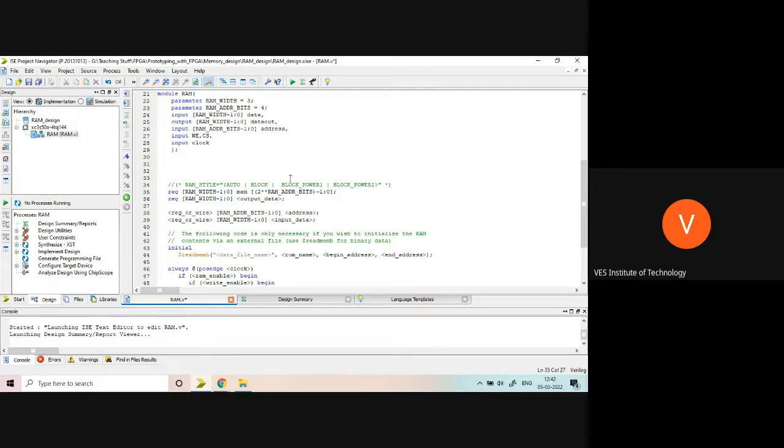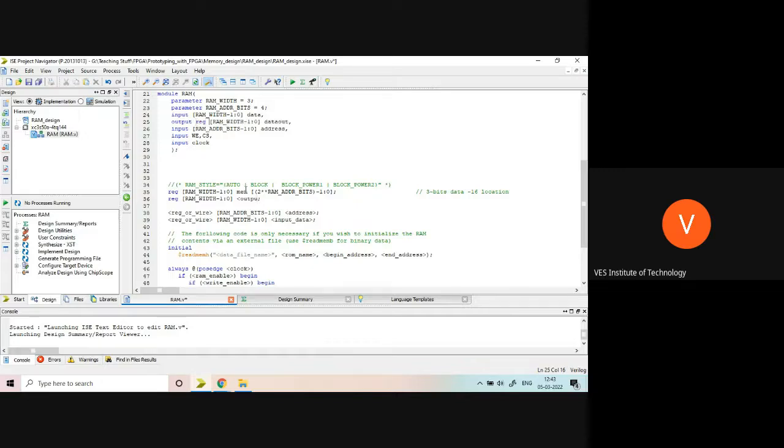So we are having 4 address bits, so there will be 16 locations. Sorry, not 4-bit data, 3-bit data with 16 locations, because 2 to the power 4 is 16 locations. Okay. Then RAM width output data, I can write this as range here.